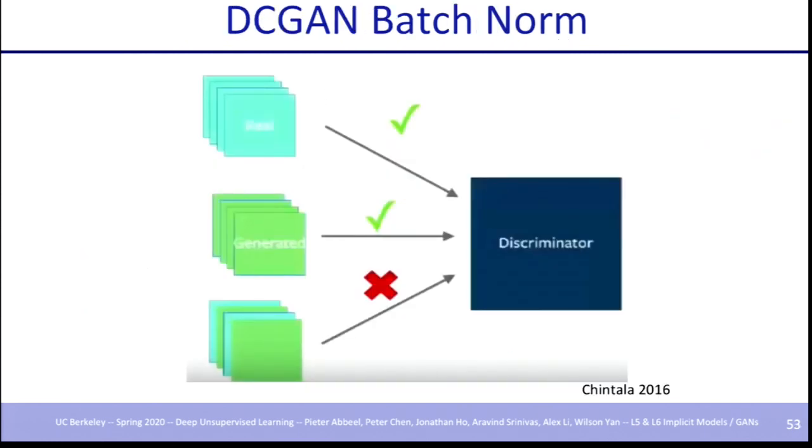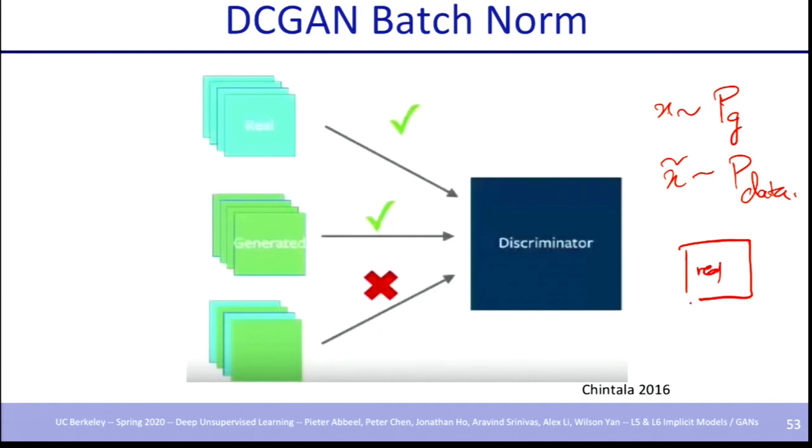So one final point I want to make is how you apply the batch norm to the discriminator. If your discriminator looks at both X coming from your generator distribution and X coming from your data distribution, and you construct a mini batch that has some real and some generated and pass it into your discriminator, your batch statistics are going to be averaged across all of them. And this is generally not a great idea. But it is both intuitive and counterintuitive. You could think about it in both ways.